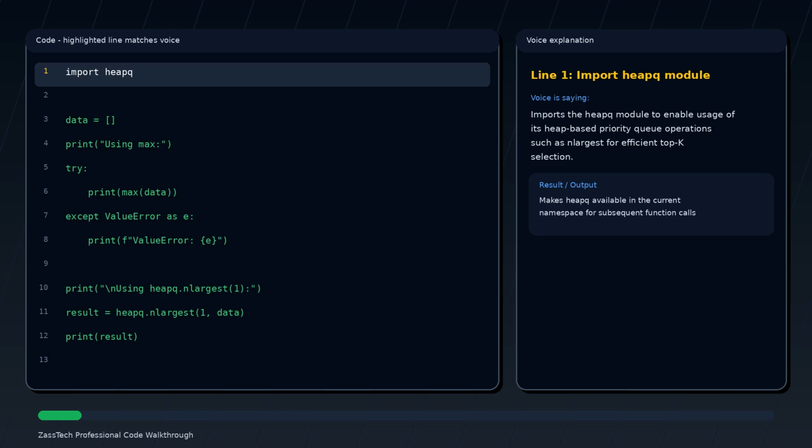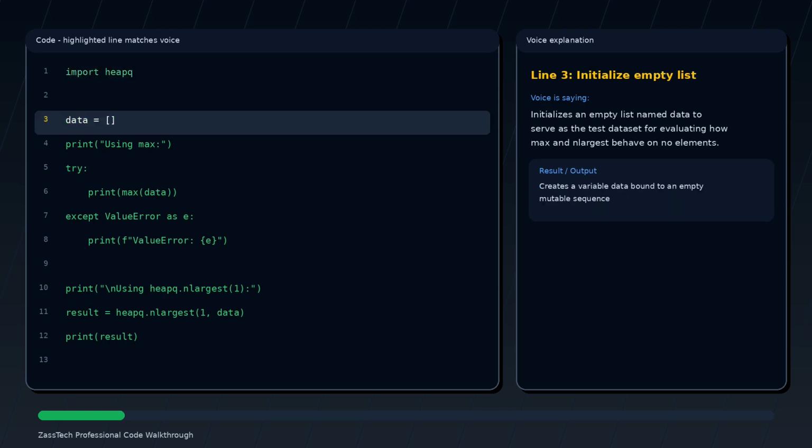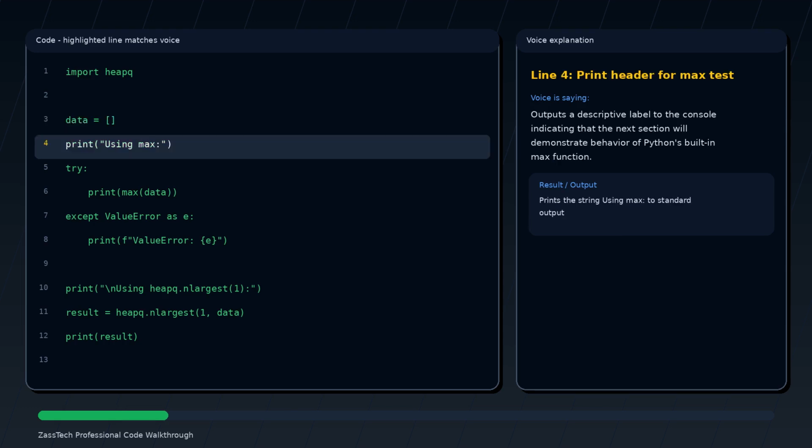Imports the heapq module to enable usage of its heap-based priority queue operations, such as nlargest for efficient top-k selection. Initializes an empty list named data to serve as the test dataset for evaluating how max and nlargest behave on no elements. Outputs a descriptive label to the console indicating that the next section will demonstrate behavior of Python's built-in